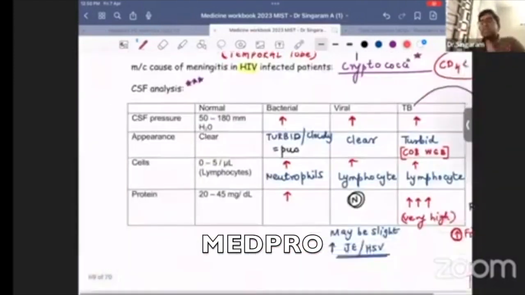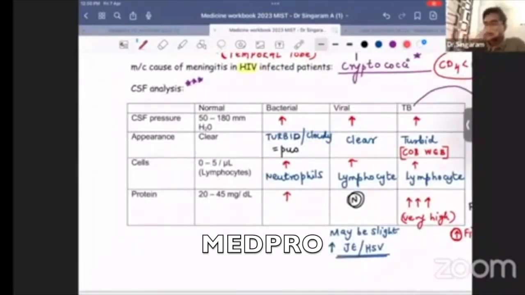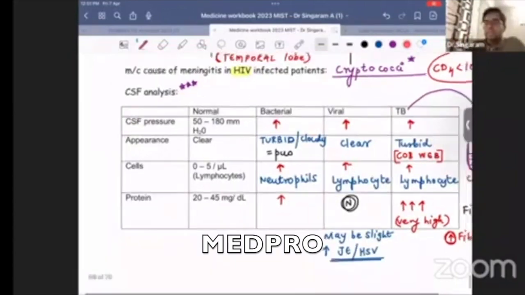Especially this part: CSF analysis should be at your fingertips. You should know it very thoroughly, because I've seen a good number of questions only with the CSF analysis findings. They ask you what type of meningitis you are dealing with. Okay, so that will be about the topic of meningitis, and with that we come to the